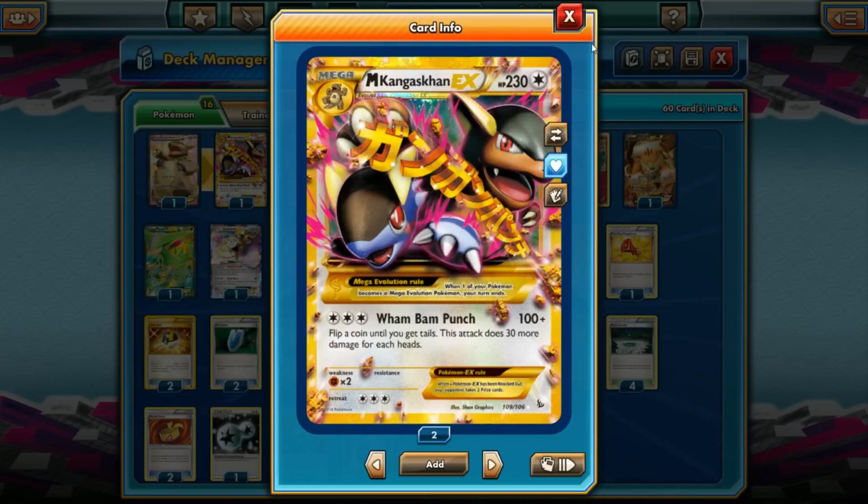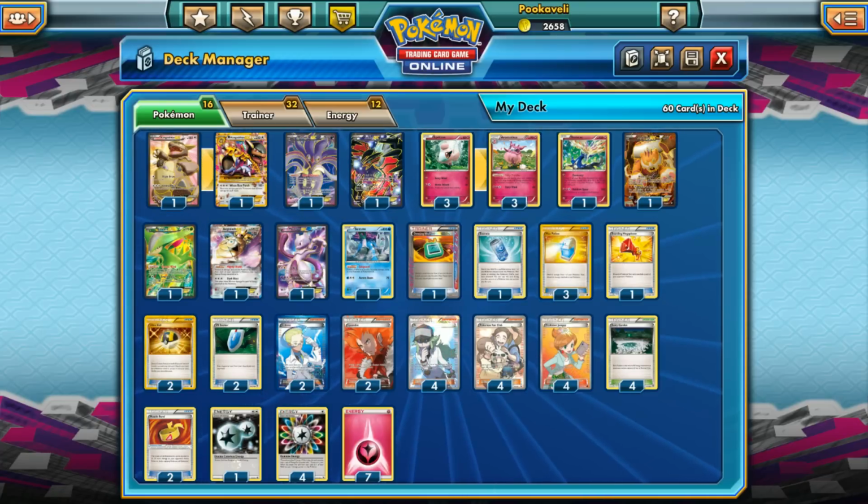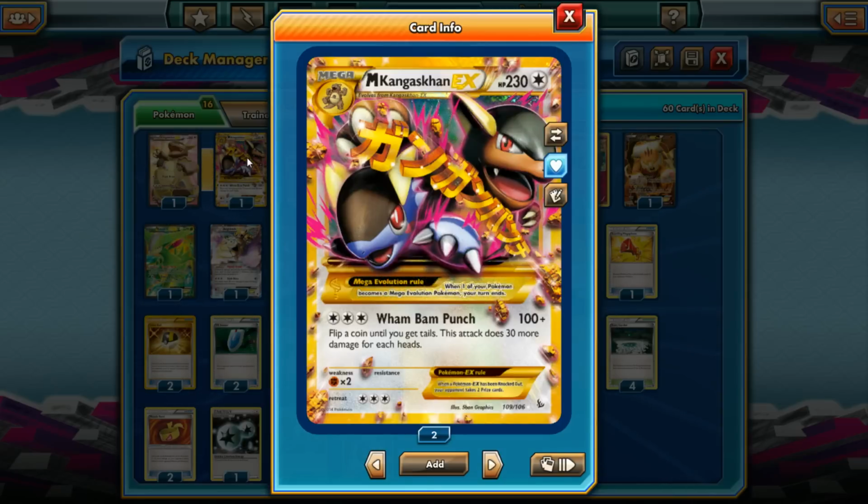A magic number you can hit is 2 heads, which will do 160 damage, and then if you attach a Muscle Band, that'll do 180 damage, which means you knock out most Pokemon EX in one hit with Wham Bam Punch if you manage to flip 2 heads, and that is a 25% chance of happening. So that's not bad. 1 out of 4 times you can knock out a Pokemon EX in one hit with Wham Bam Punch. The math may not be completely accurate, but I think it's about 1 in 4. Okay, so